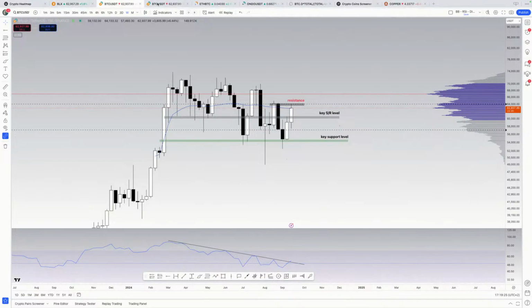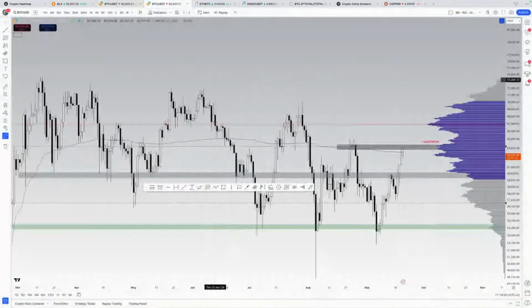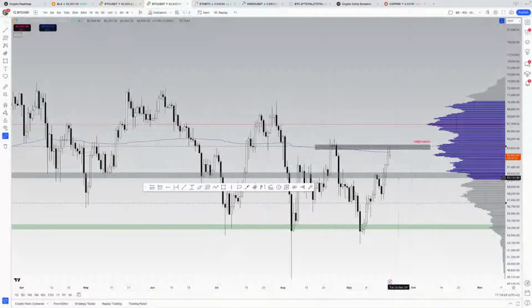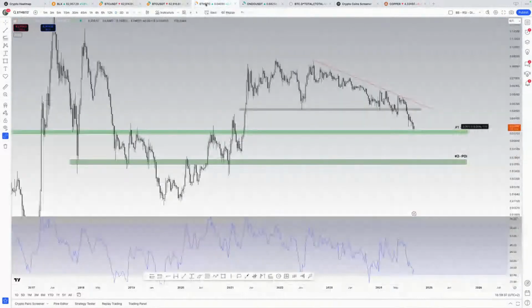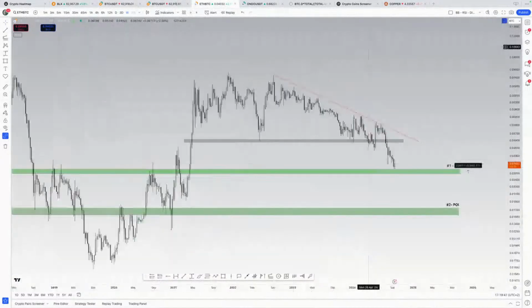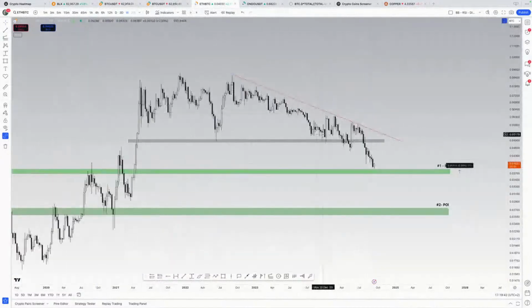So now you guys know how I'm going to play Bitcoin. I believe we're gonna see rejection. Hope we're gonna get 60K. That's where I will look for longs. This is a very interesting chart for many reasons. Not gonna lie, back in April, I was looking at a potential reversal here. I wasn't long Ethereum, but I was willing to swap some of my Bitcoin into Ethereum. And good thing